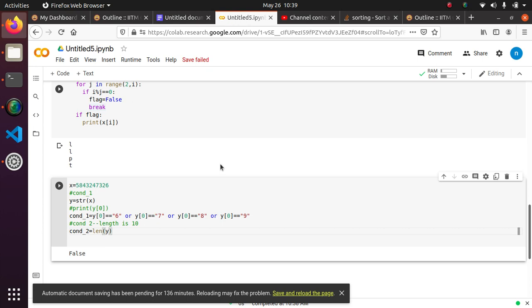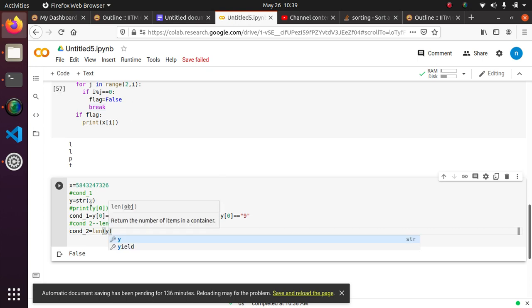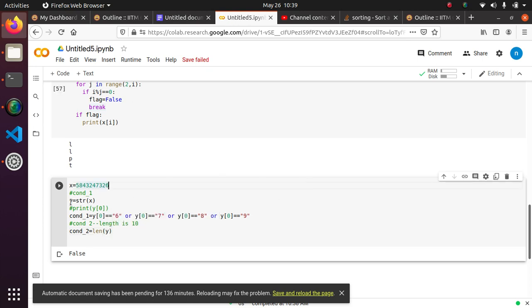I already converted this x into a string and stored it in the variable y, so I just need to check whether the length of y equals 10. I'm just comparing, and this will store the condition as a bool value. If this is true, condition 2 will be true. If this is false, condition 2 will become false.